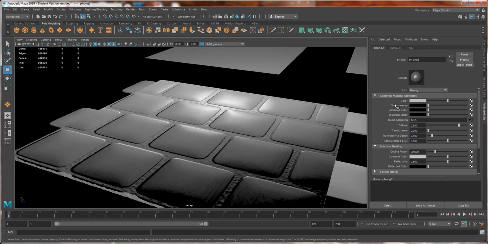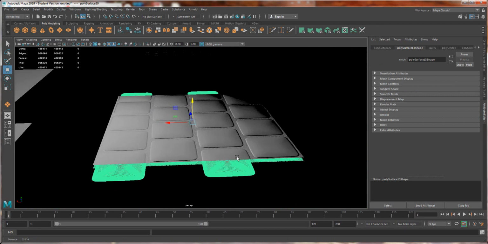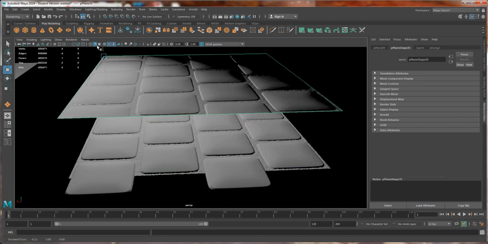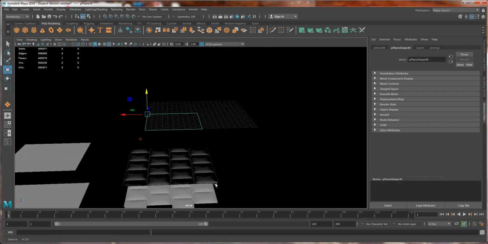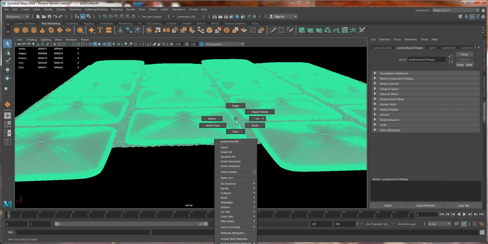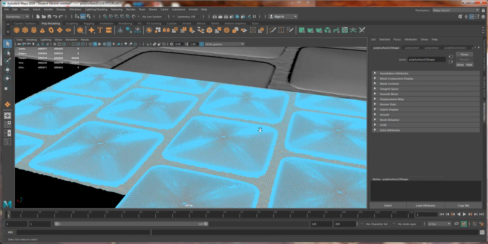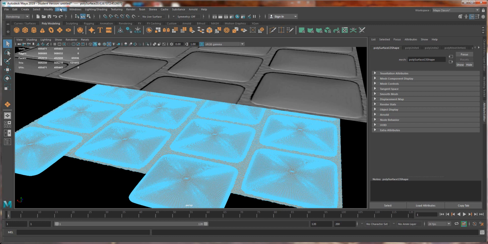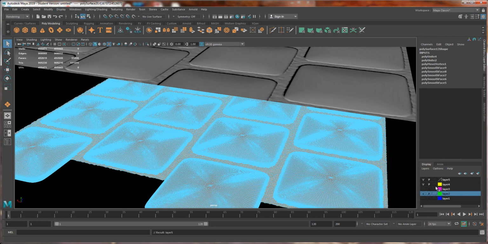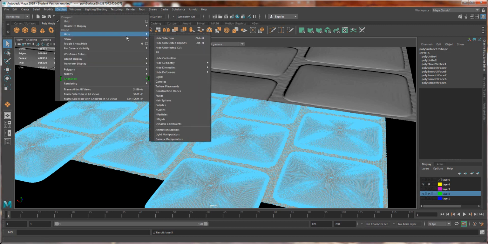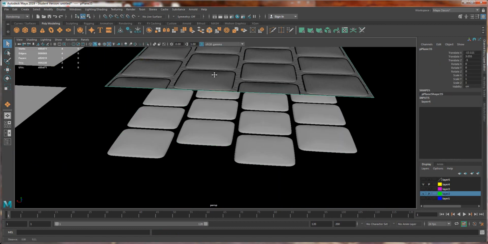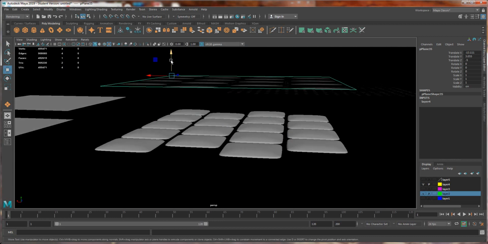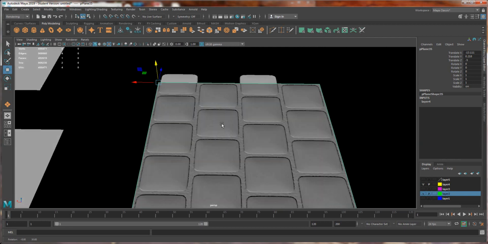So what I'm going to do is I'm going to just take this piece of geometry and do another experiment using something that we did over here with the alphas. So I'm going to grab all the bottom mud section, and I'm just going to apply that to its own group and hide it. There we go. And then I'm going to do another bake, but I'm going to just do an alpha bake on this. So if I just come back and bring this back down like that again,